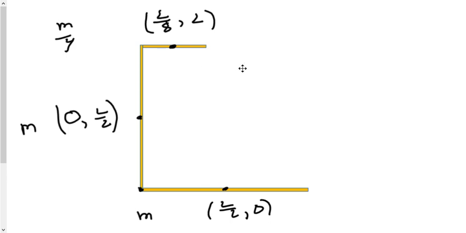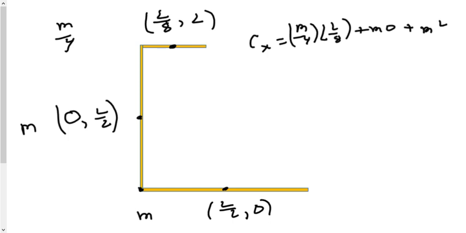So how am I going to get the center of mass for each of these? Let's go center of mass x here. Let's do this one. I'm going to let that equal m divided by 4 multiplied by L divided by 8. Okay, this coordinate here is 0, so I'm just going to add m times 0, and then plus m here times L over 2. And I'm going to divide that by the total mass of the system, which would be m plus